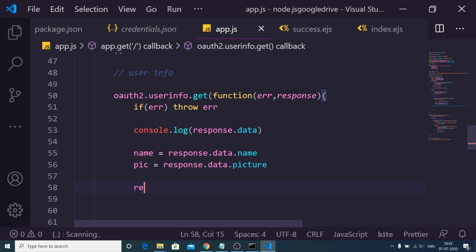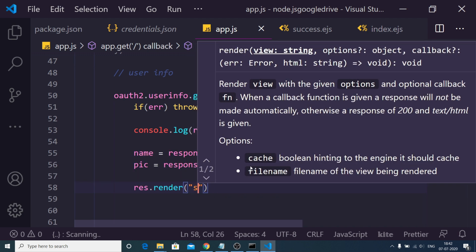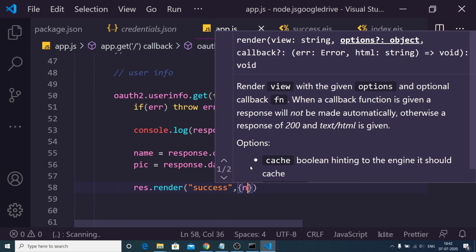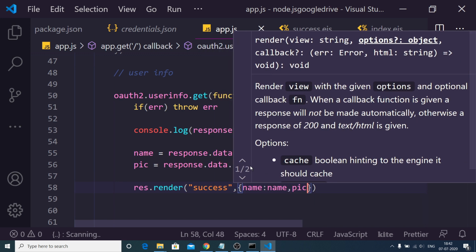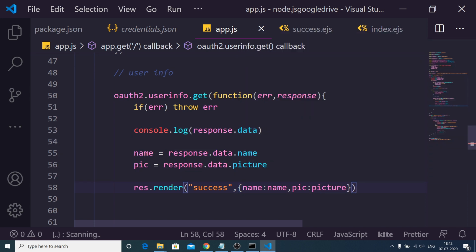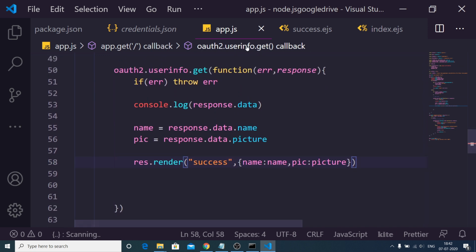And now we just need to send this to our template file success. You can name it name, and pic to picture. That's it. So now we are sending these values to our template file, which is success.ejs.